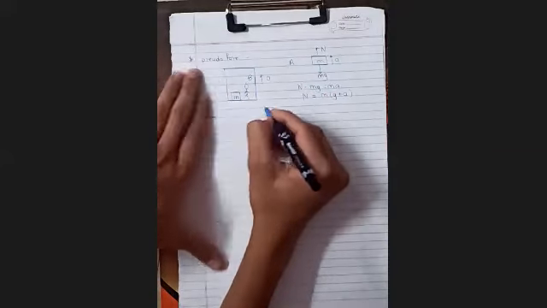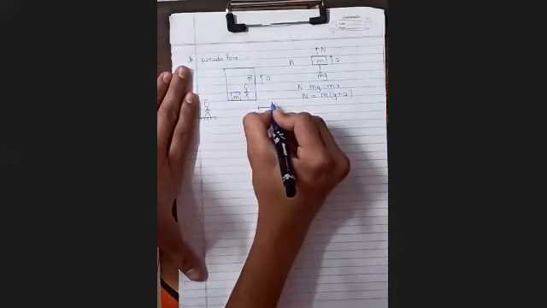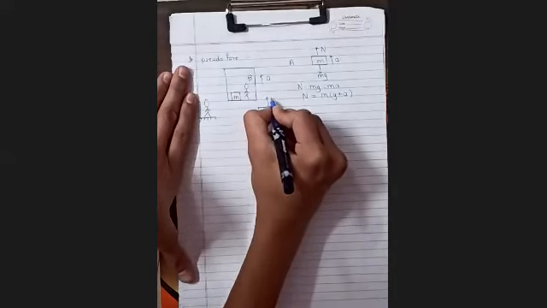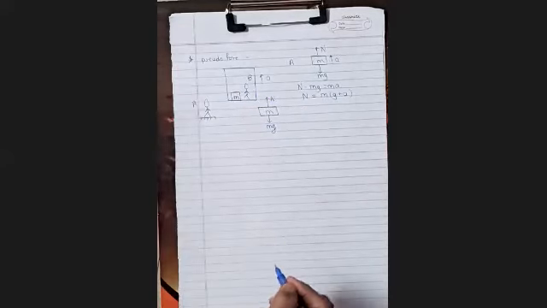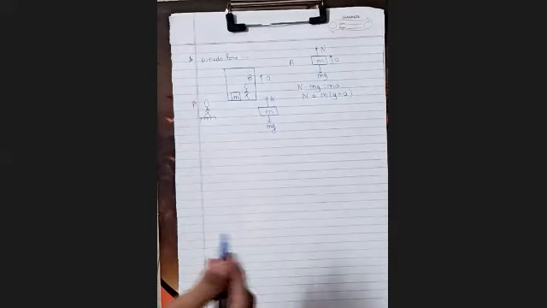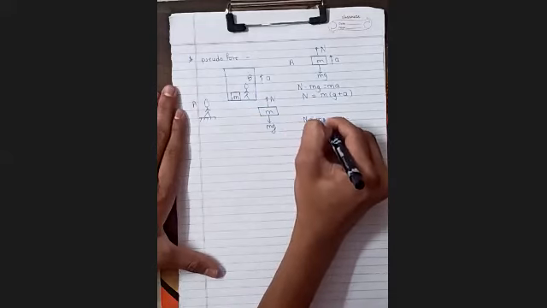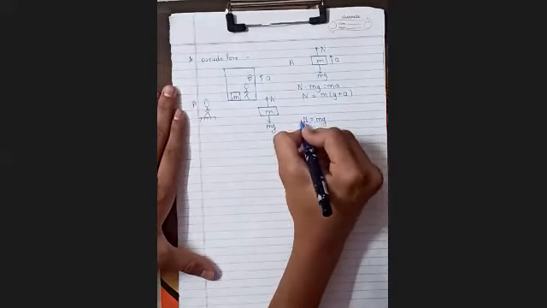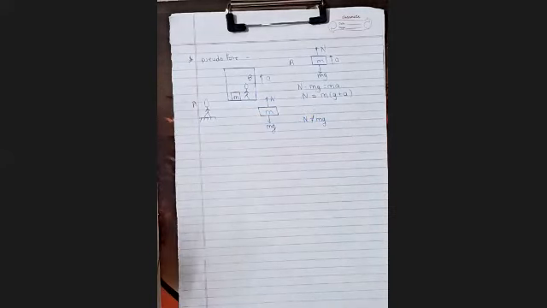If you draw the free body diagram with respect to observer B, there is the normal reaction in the upward direction and the mg force downward. But observer B is also accelerating with the block of mass m. So he feels that the block is at rest. So he will tell that the normal reaction is equal to mg, but that is wrong. So what to do if this condition occurs?